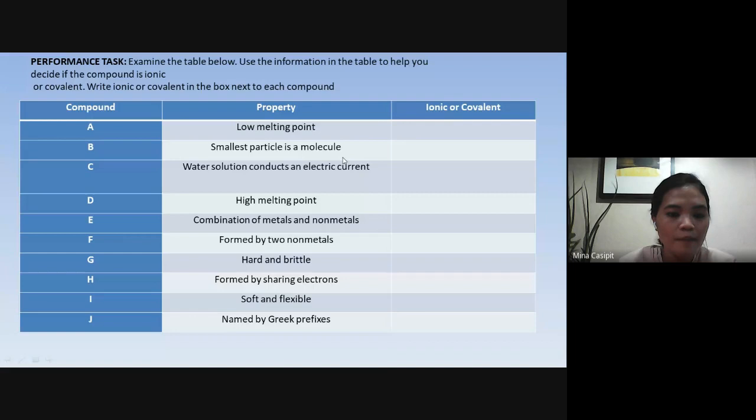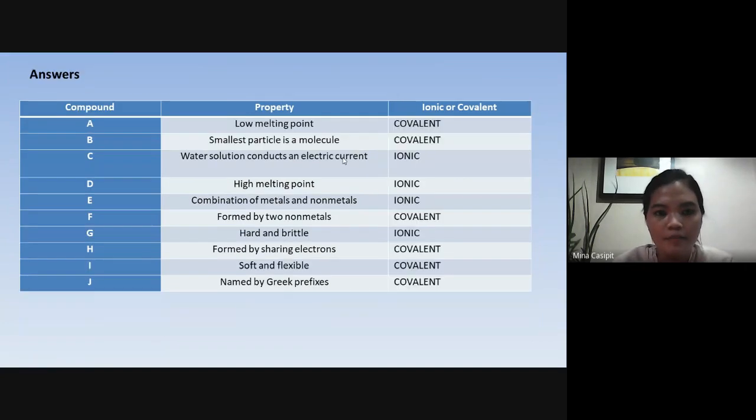And lastly, compound J. Compound J, we have Maria Sofia. Covalent po. Okay, property ng covalent compound. Correct. So, all your answers are correct. A total of 10 points. Now,